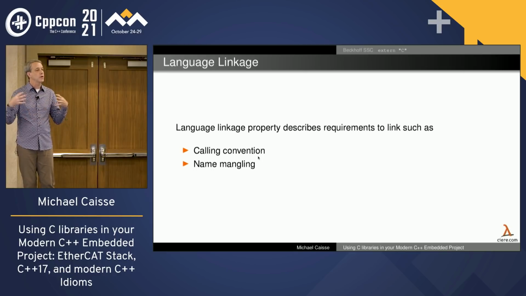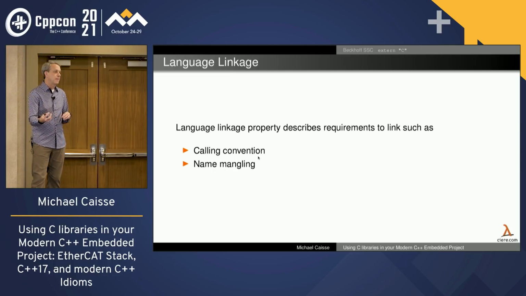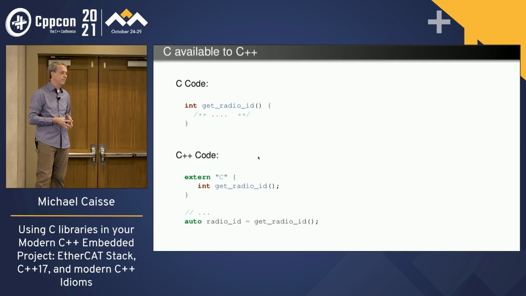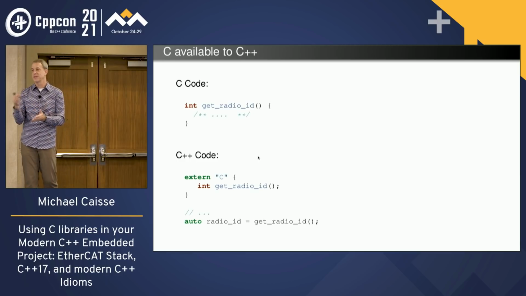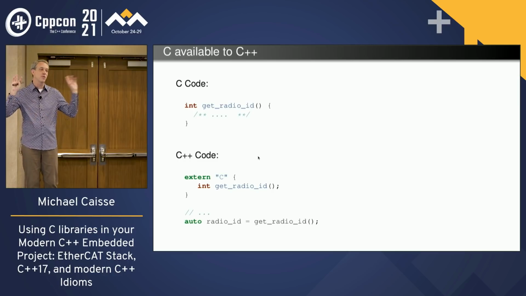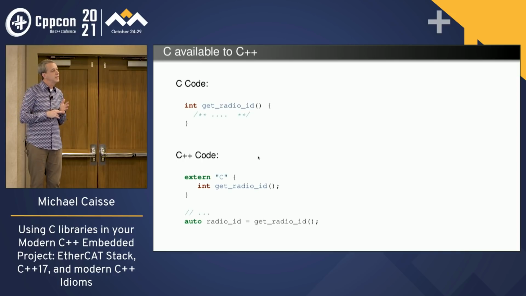The idea of language linkage is that it allows us to tell a variety of different things, such as what the calling conventions are, what name mangling is like, what the different algorithms are, because it might be a different language. How do you deal with languages that aren't necessarily the language you want? C++ handles this with extern "C" and extern "C++". There is an extern Fortran if you have the right extension, but there are only two in the standard. All that extern "C" and extern "C++" do is say what the linkage property value is, associating something to that property as opposed to the default.